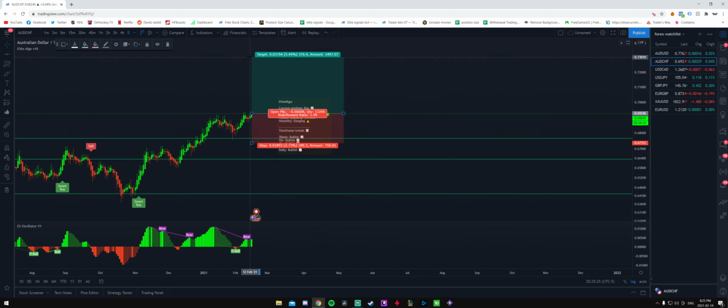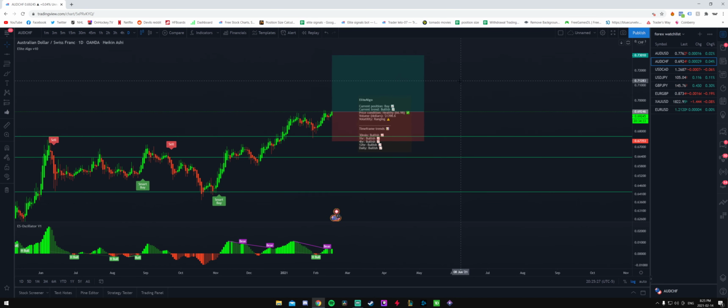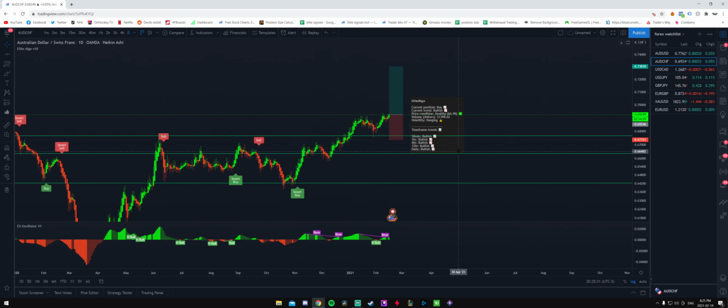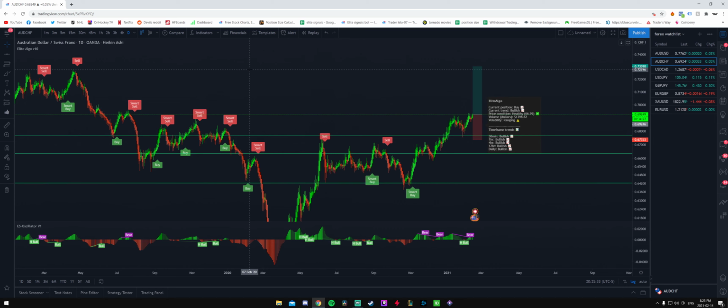It's good enough. If you zoom back out, yeah, the two times take profit will pretty much be at the last high that was given up here. So yeah, that's pretty much how I would look at AUD CHF. Right now it's bullish on all time frames, so I would not look to short this whatsoever unless you see that it's completely rejecting